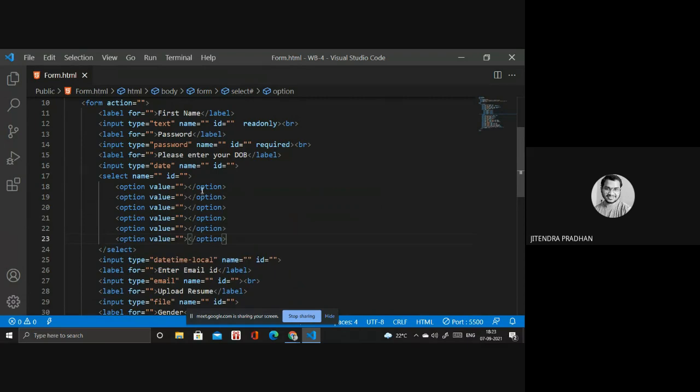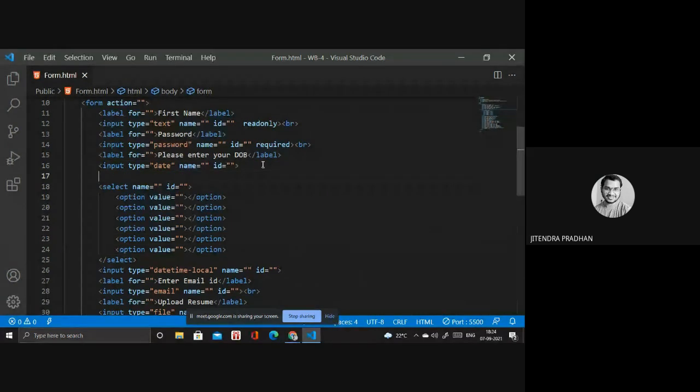Okay. So I want to design some particular city names, or you can call it state also. But I want to show you something like names also, like female names, male names, whatever. So that's why I've selected a label and inside it a select, with any of these options.